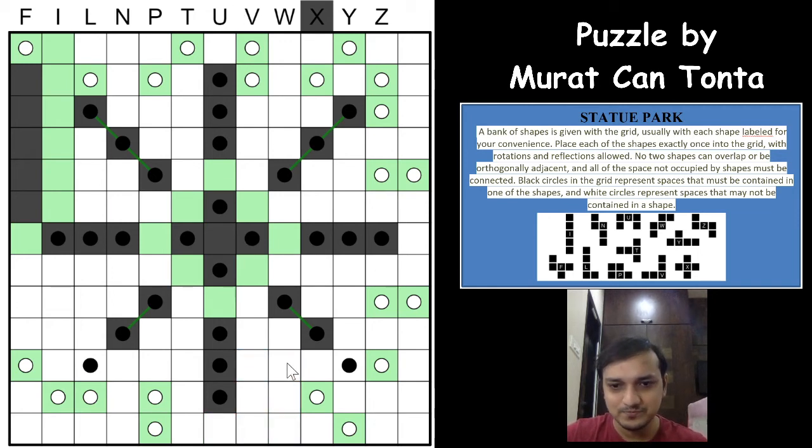Next is V. Not possible. You only have two black circles, and in the middle you have a white circle. Next is W. This is the one shape that has this instance. Next is the X, which we have already done. Next is Y, again not possible. The last is the Z, right, which has three black circles diagonally.